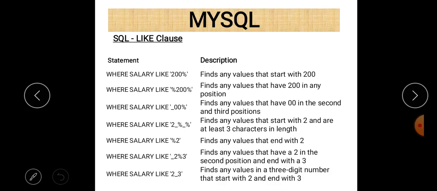After that there is any digit, and after that there may be any group of digits. So when underscore is there, it means a single digit is missing, and where there is percentage, it means a group of digits is missing, or it is also possible that there is no digit at all. So percentage means any string, and underscore means a single digit or character should be there.